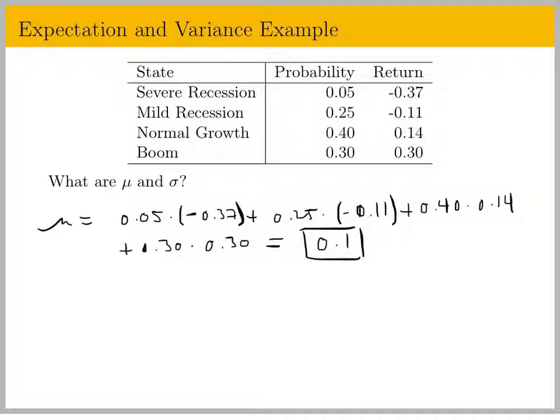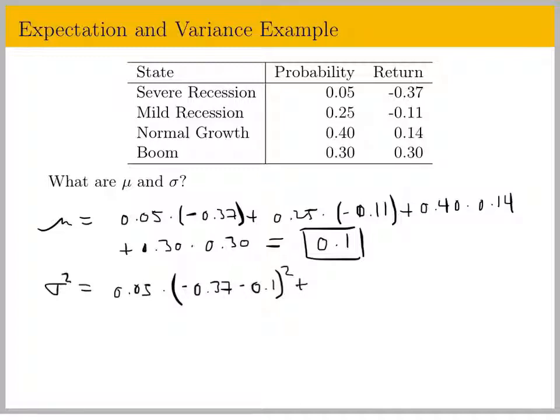Now to compute the standard deviation, we say sigma is equal to the probability weighted sum of the square deviations. So now we have to say the probability of a severe recession times, and now we need to take negative 0.37 minus the mean, which we just computed, 0.1, and we need to square that deviation. And in fact, I'm going to compute sigma squared first,